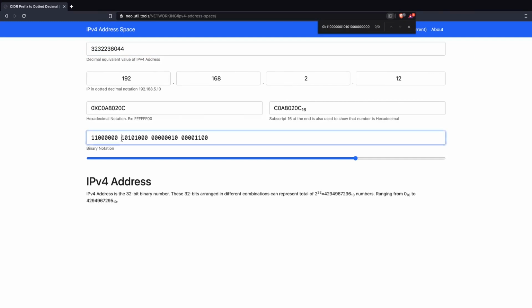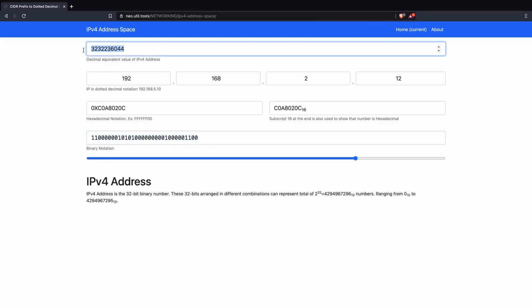If I remove spaces here, okay, same value. But see, it is the same, right? But it is quite hard. You need to do a lot of calculation, dividing by 2 to get this value. The easiest way, if you want binary, is to convert this value to